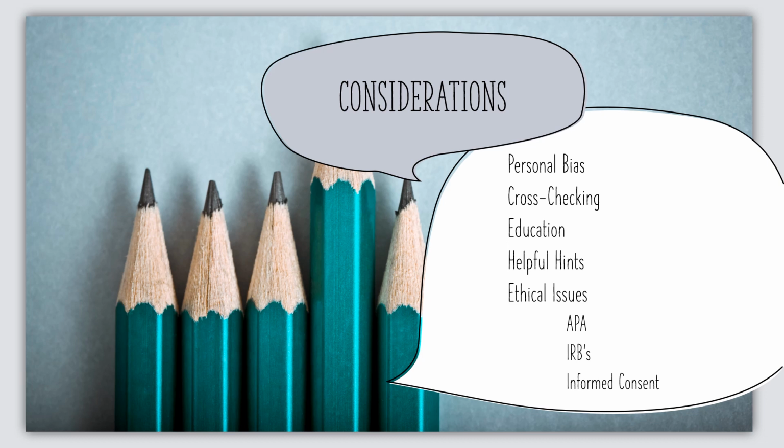Some ethical issues can also create a different challenge that could potentially cause harm to research subjects. Some of the ethical issues that researchers may come across can be a trick to navigate due to differences in culture, values, norms, and language, just to name a few. According to the American Psychological Association's Ethical Principles and Code of Conduct, there are 15 items to take into consideration when conducting research. First and foremost, when it comes to ethics in research, is the Institutional Review Board, or IRB.